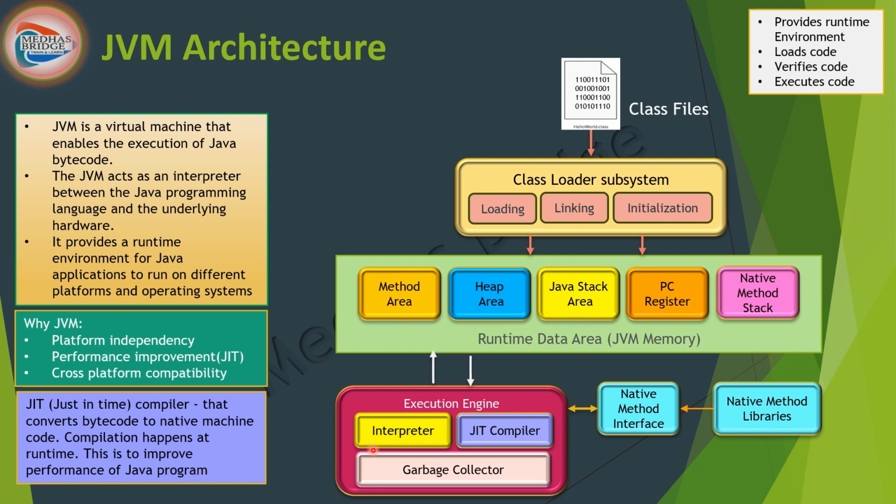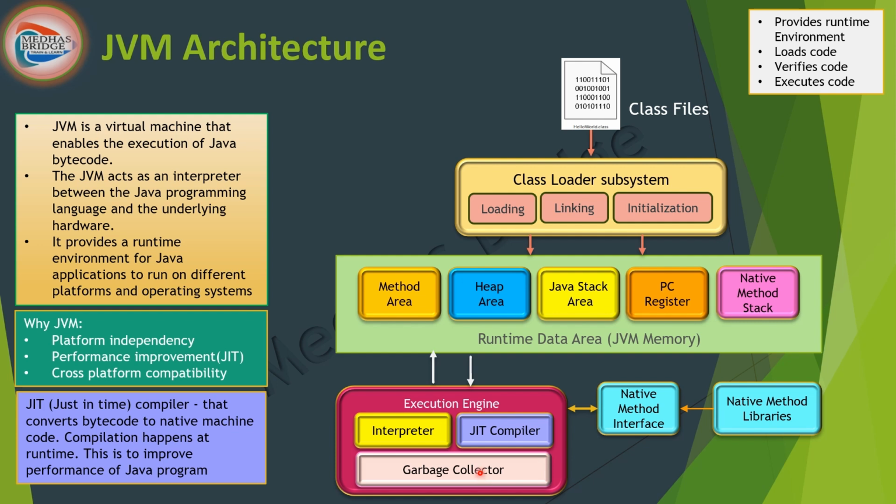There is one more case, converting code into native methods, which is what native method interfaces are about. The JIT compiler needs them, so that's why you have two more: native method library and native method interfaces. The garbage collector is basically used for collecting unused memory and assigning it back to the free pool memory of the system. Okay, so in a nutshell,